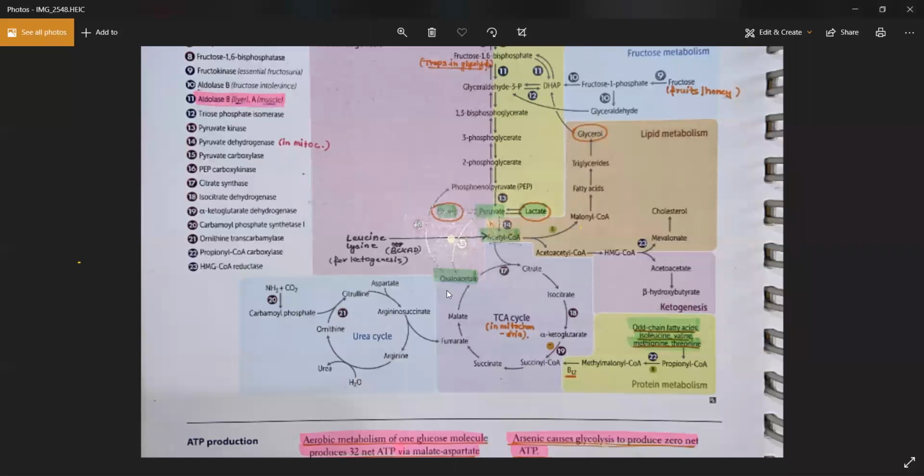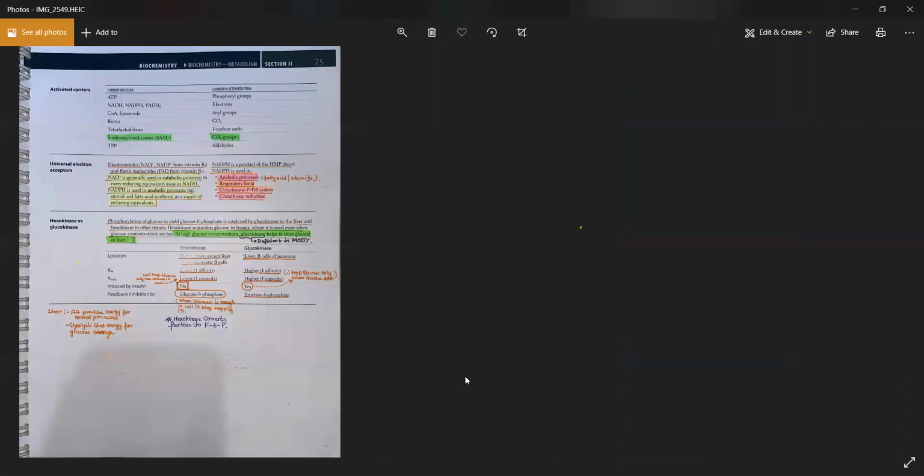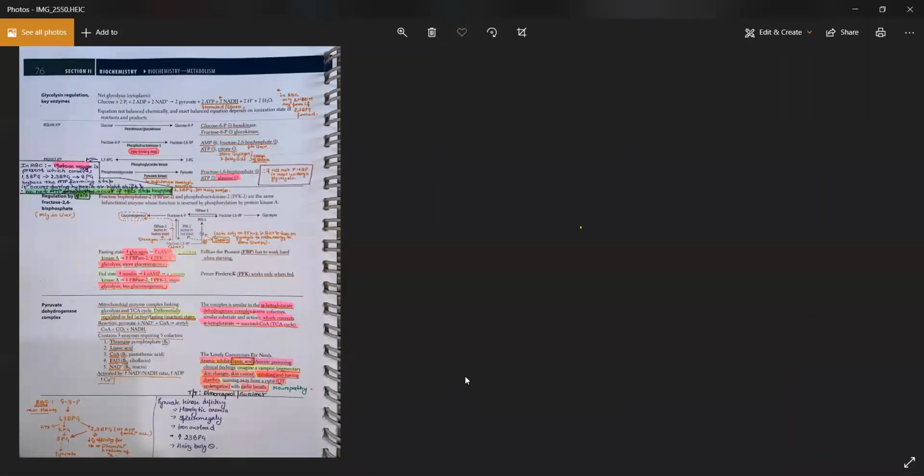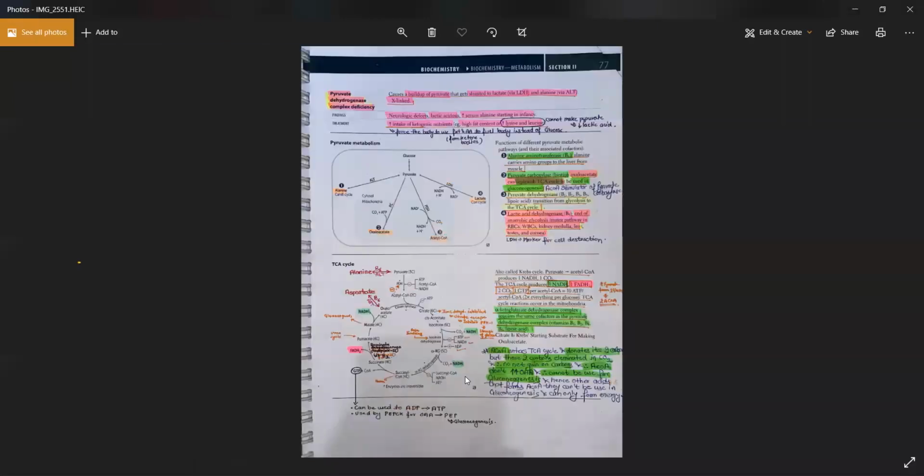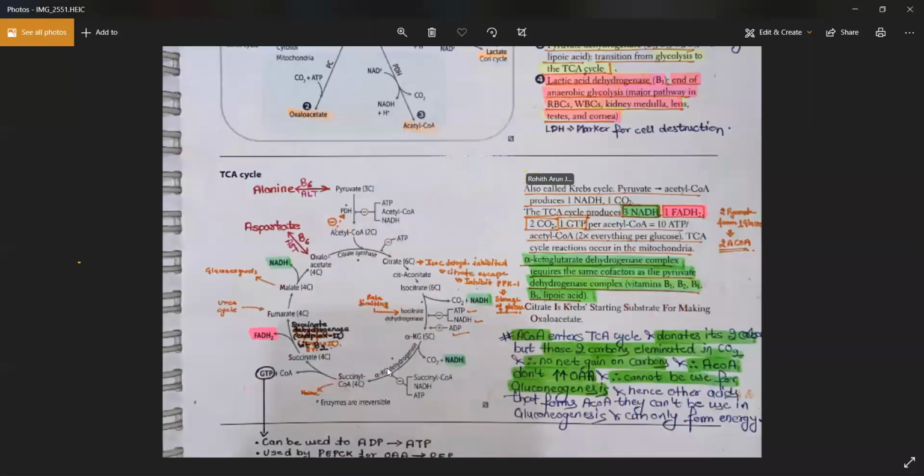The conversion of this oxaloacetate into the phosphoenol pyruvate is done by the PEPCK enzyme, phosphoenolpyruvate carboxykinase. And it requires this GTP molecule, which comes from this step, the conversion of succinyl coenzyme A into the succinate. Okay, please remember, they will ask you where this GTP molecule came from,